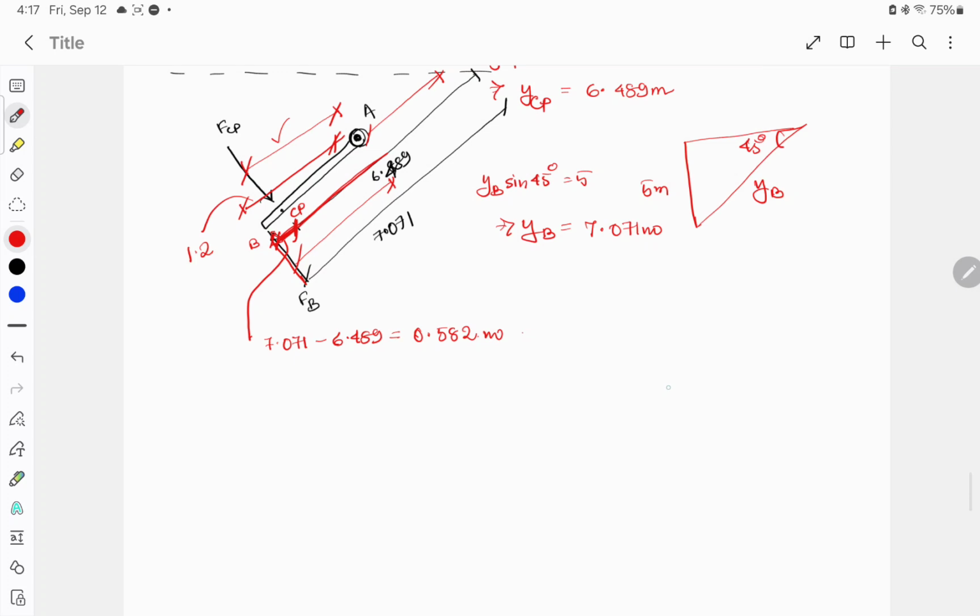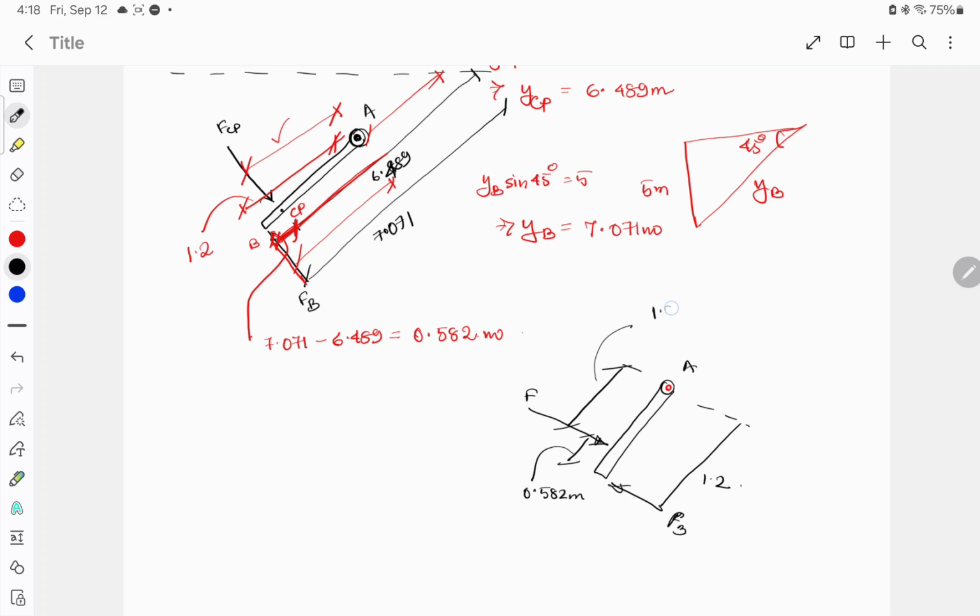सो फिर से बनाते हैं डायग्राम। बार बार डायग्राम इसलिए बना रहे हैं ताकि क्लियरिटी सही रहे। A पॉइंट के अबाउट फोर्स B जो लग रहा है FB, इट इज़ A पॉइंट के अबाउट 1.2 मीटर है। ठीक है। फोर्स जो सेंटर ऑफ प्रेशर जो हम लोगों ने निकाला था ये लग रहा है आपका, ये हमको पता नहीं है लेकिन हमको ये पता चल गया कि ये डिस्टेंस अभी 0.582 मीटर्स है। तो ये डिस्टेंस कितना हो जाएगा, 1.2 माइनस 0.582 meters, which will give us